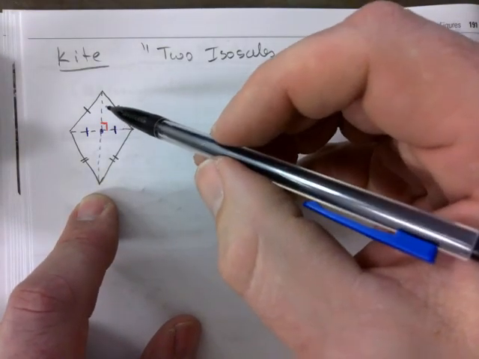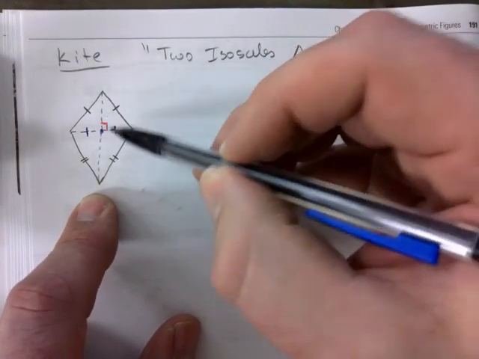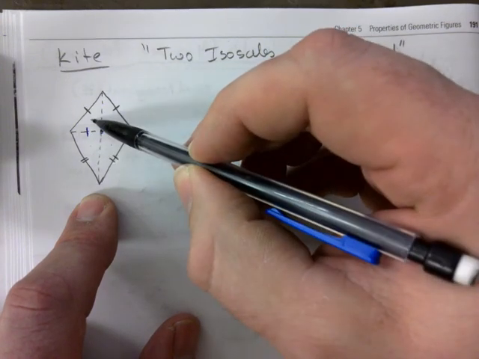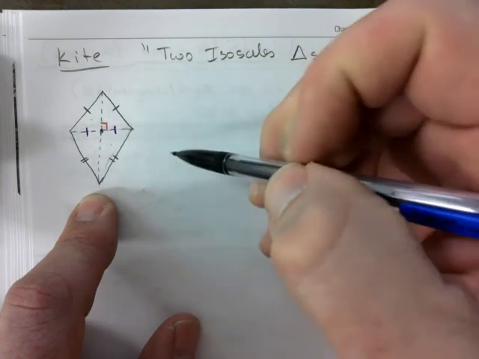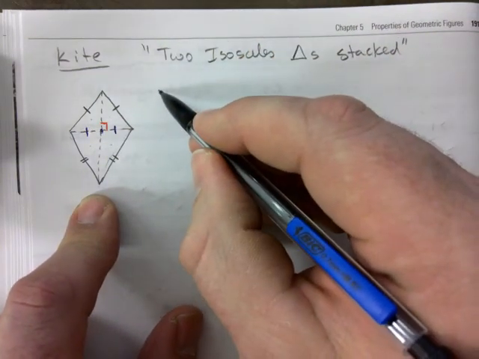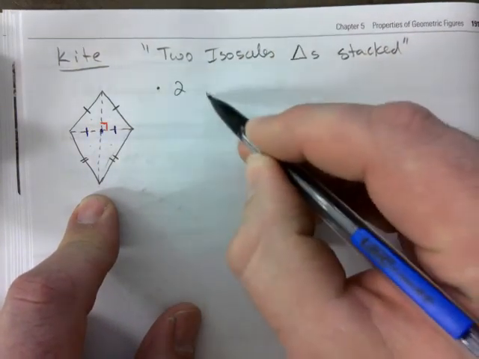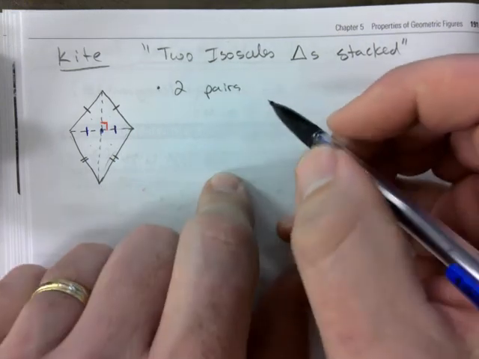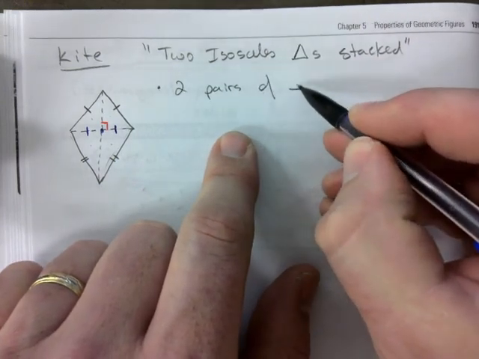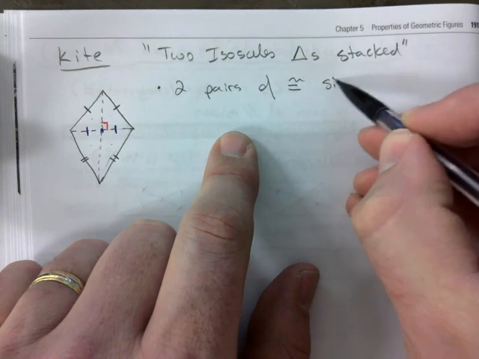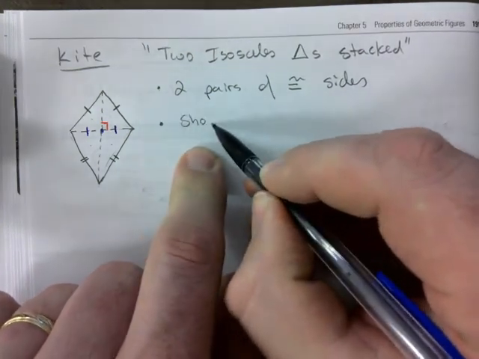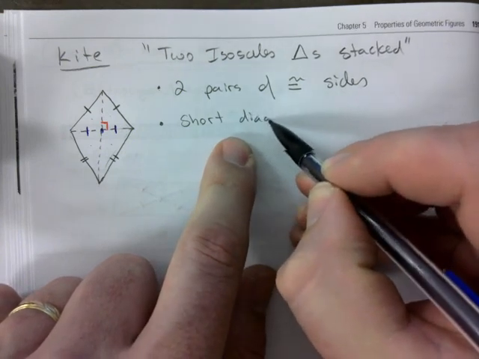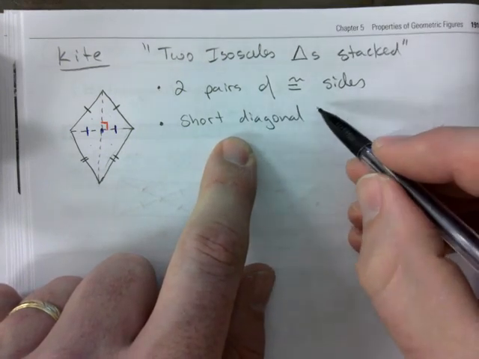So how many right triangles do you have in here? 1, 2, 3, 4, right? And you also have two isosceles triangles like this. So let's talk about the properties. Two pairs of congruent sides, shorter or short diagonal, bisected,